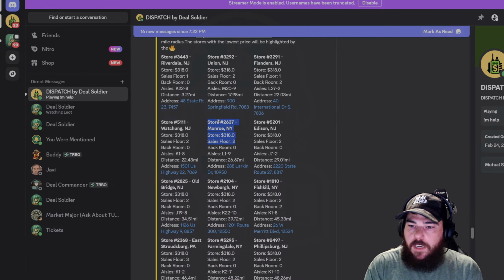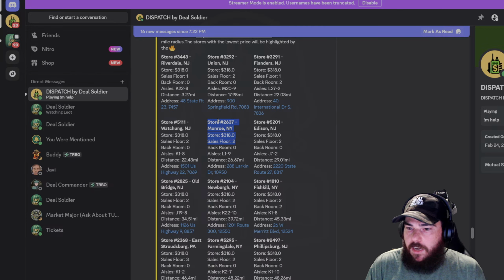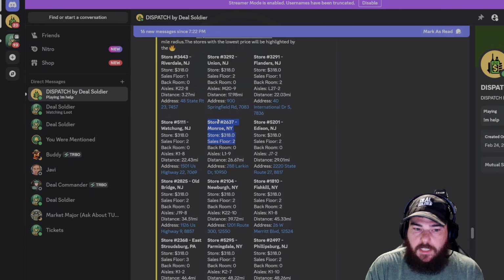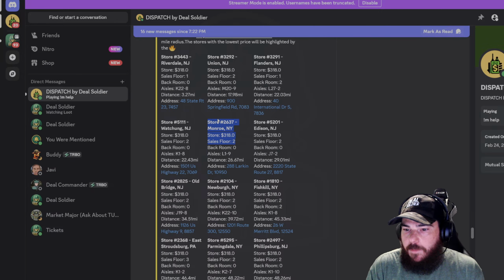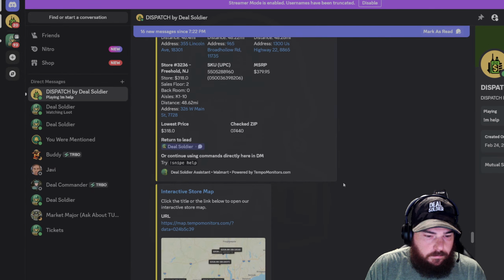All Walmart stores, and this goes across the board for the state, clearance out at different times. So Deal Soldier will alert you when it first starts clearancing out, or when the first major clearances are happening. And then every single week, typically the stores will start following suit. Your stores can clearance out a week after Deal Soldier posts it, the day Deal Soldier posts it, or 4 weeks after. I can tell you in my area, in Massachusetts, typically 2 to 3 weeks is when my stores start to clearance out.